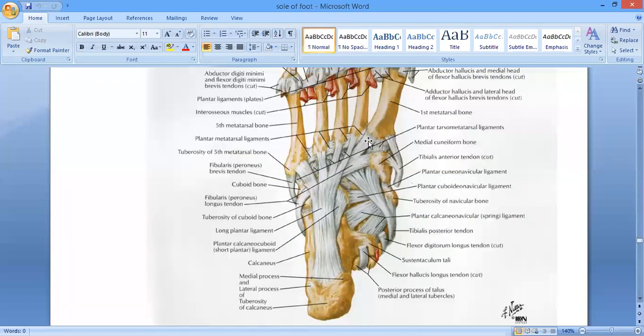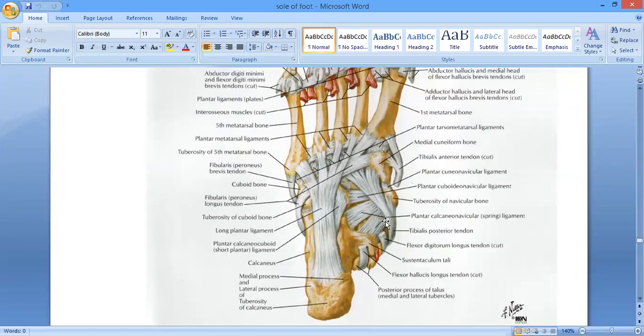and then it runs across the foot and is going to be inserted over the base of the first metatarsal bone. ठीक है? You can see this one. That is just going to leave the lateral aspect of the foot, passes in the groove on the undersurface of the cuboid bone, and runs across the foot and is going to be inserted to the base of the first metatarsal bone. And also it is going to give a slip towards here. What is this? Medial cuneiform. ठीक है जी? So the base of the first metatarsal and also the medial cuneiform bone. यहाँ पे इन दोनों में आके it's going to give its insertion. ठीक है, clear?